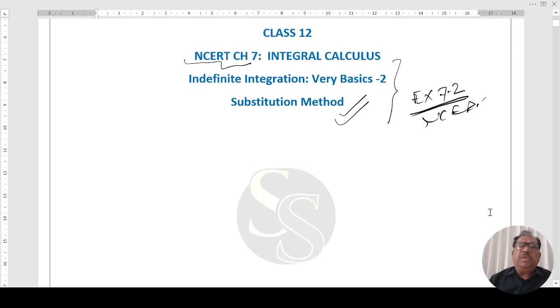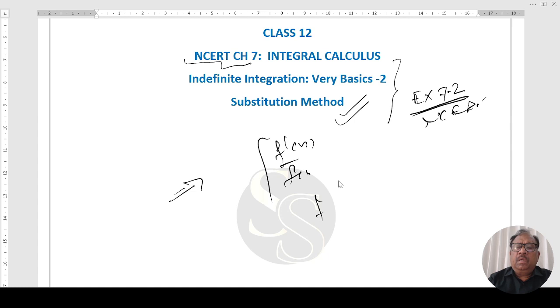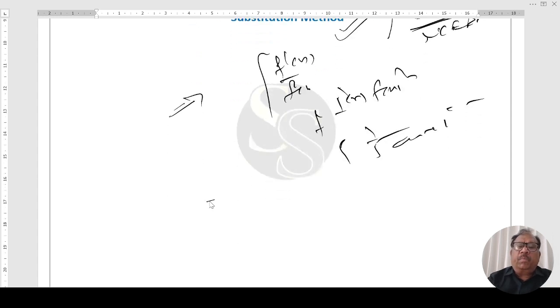Topics being discussed will be f dash x upon fx, fx to power n, 1 over under root ax plus b, and other number of topics